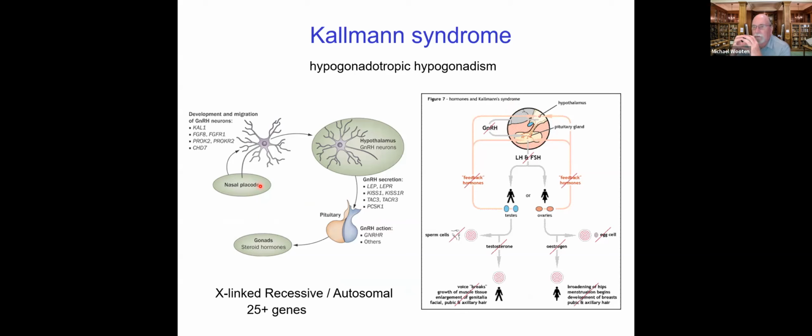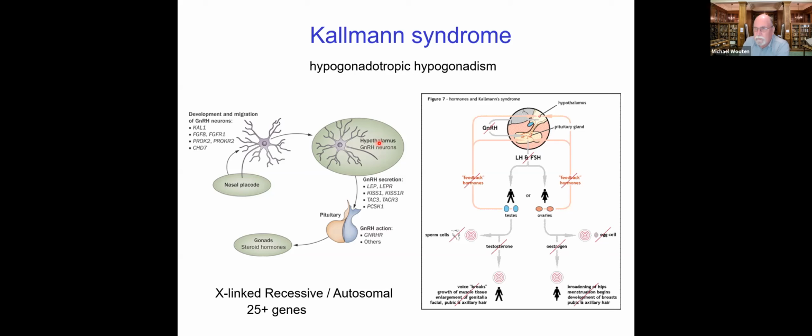So if you've got a lobe of the brain, the cells that make up that lobe originally originated near there, and they didn't move. But it turns out that some of the ones found in the hypothalamus that are very important for secretion of these sex hormones actually start out in other places. One of those starts out in the nasal placode, and then migrates over through a channel during fetal development into the